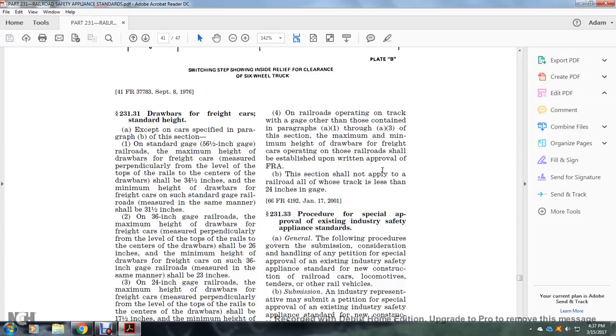All right, Part 231 Railroad Safety Appliance Standards. 231.31 Drawbars for freight cars. Standard height, except for the cars specified in paragraph B of this section: on standard gauge 56.5-inch gauge railways, the maximum height of drawbars for freight cars, measured with the perpendicular from the level of the top of the rails to the center